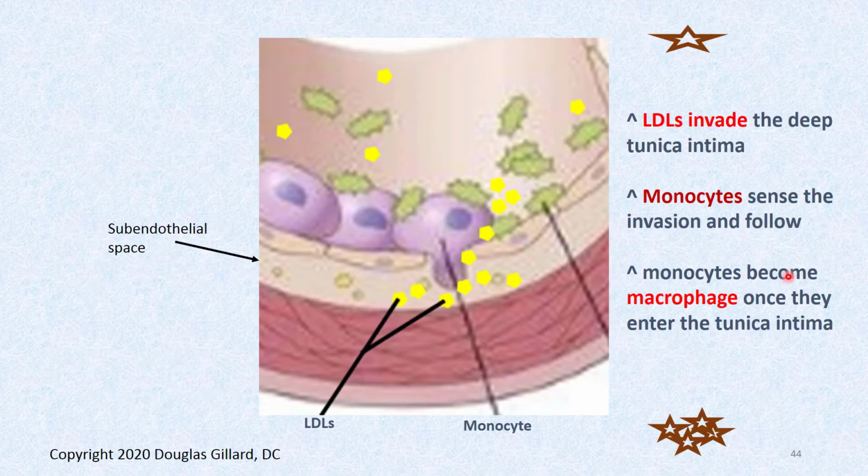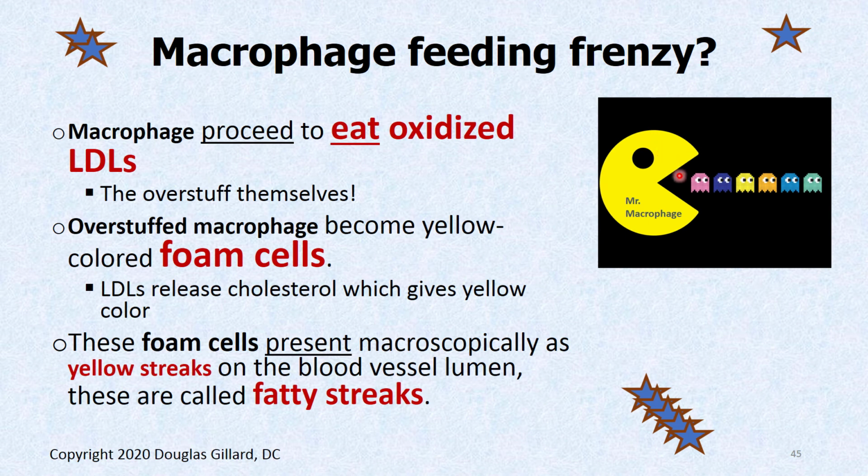Macrophage eat them. So here's our cartoon. We've got LDLs that have snuck in here. And here comes a monocyte. And the monocyte's going to get in there, and it's going to be just like Pac-Man eating the LDLs. They need to be tagged, though. The body will tag them, will oxidize them. I don't know how important that is to you guys, so if that's too deep, I won't get into the process of that. But the LDLs are oxidized once they get underneath the endothelial layer, and then the